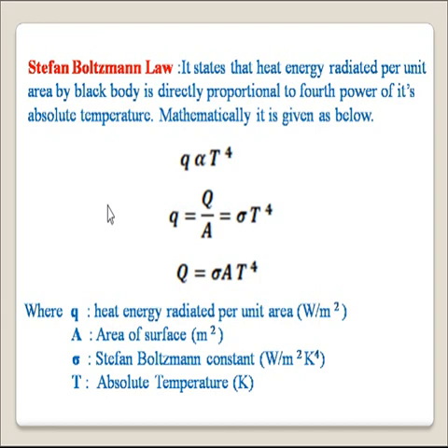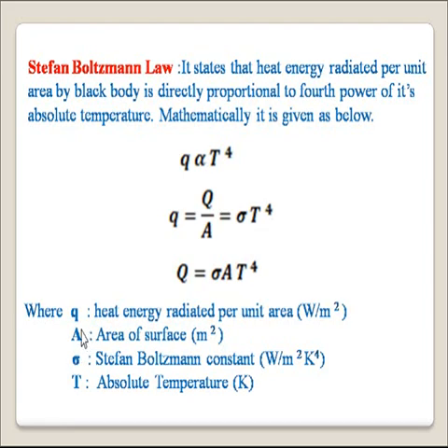So, energy radiated per unit area q is equal to energy radiated upon area. Introducing proportionality constant sigma, we have q equal to sigma T raised to 4, called the Stefan-Boltzmann law, and the energy radiated is simply Q equal to sigma A T raised to 4,